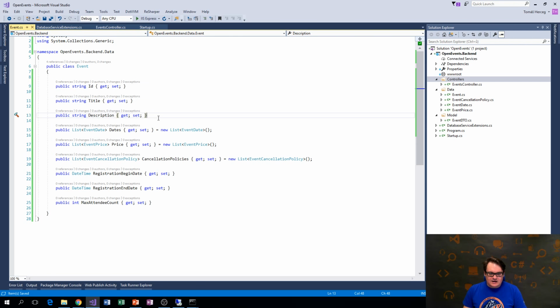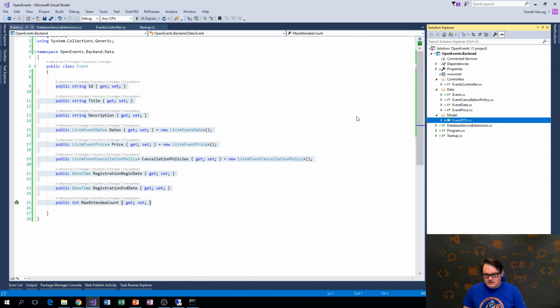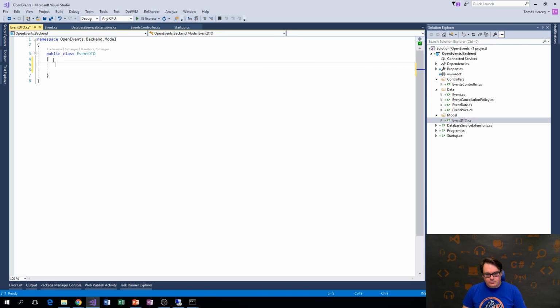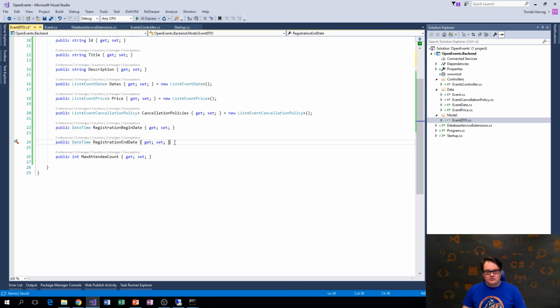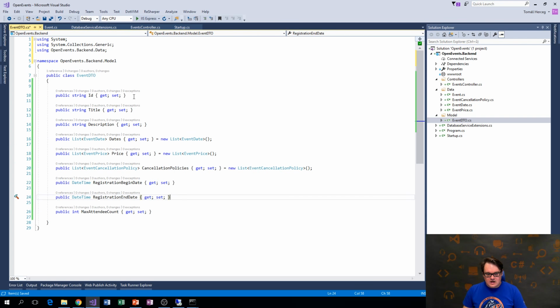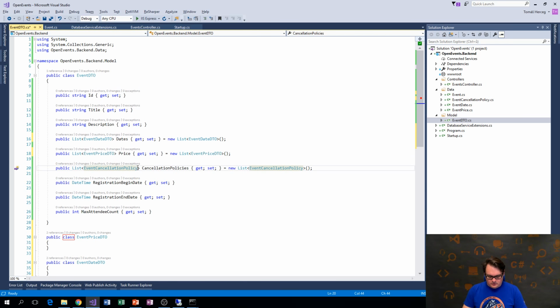So let's just copy this into the event DTO, because currently the objects that will be spit out from the API are the same, but it can change in the future. So now I have copied this, and also we need to create DTOs for these guys. So I will create event date DTO, event price DTO and event cancellation policy DTO,